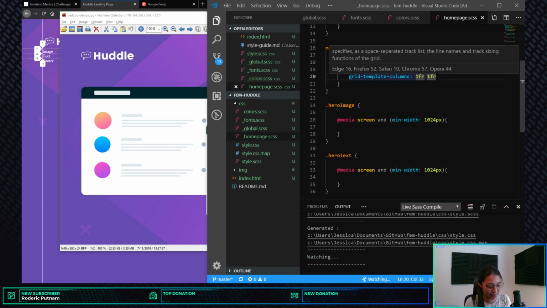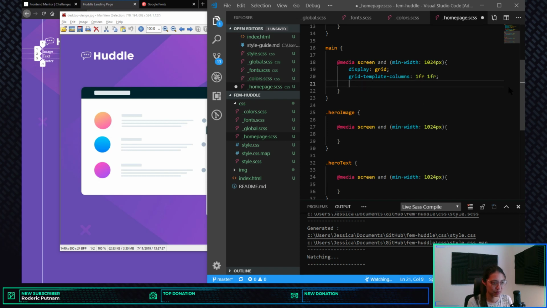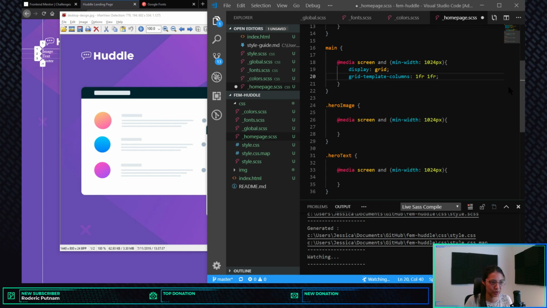Let's say if I made the first one 2 FR, it means that the first column would be twice as wide as the second column. But let's do 1 FR for now. And then we'll do, there's a couple ways you can do it. This is a pretty simple layout, so I think I'm just going to,